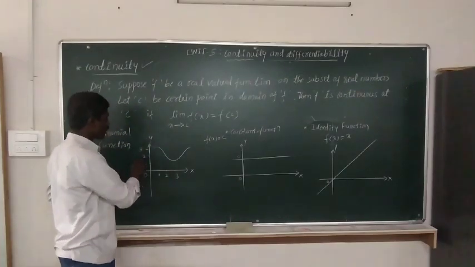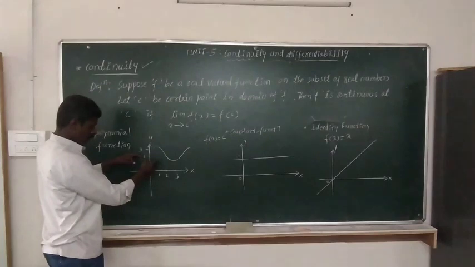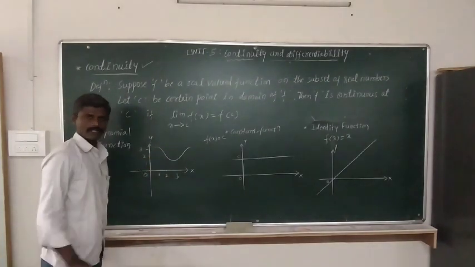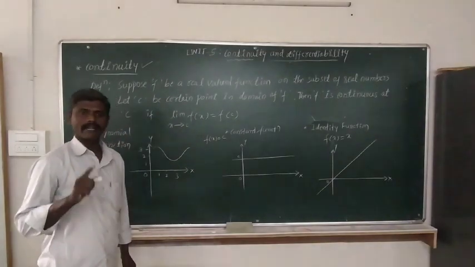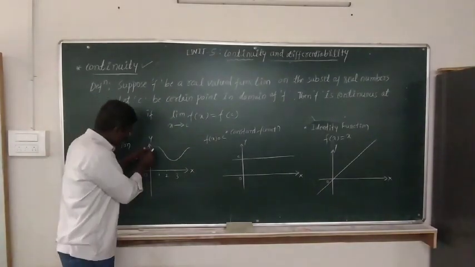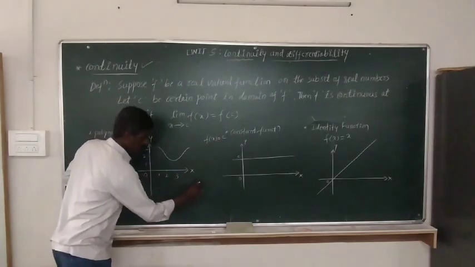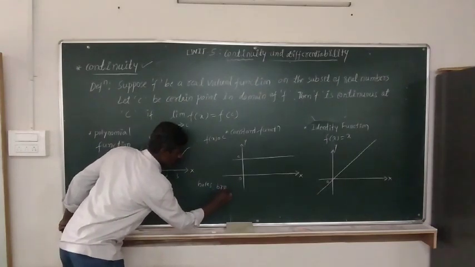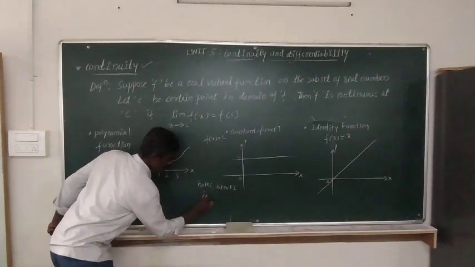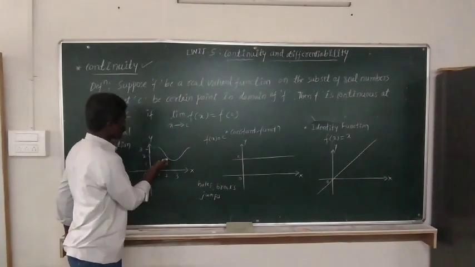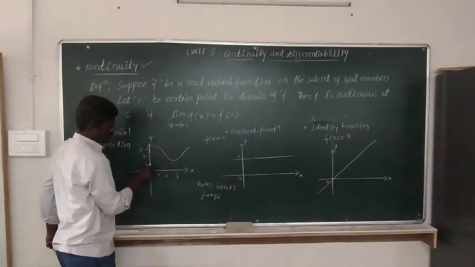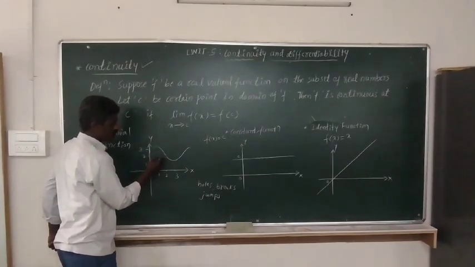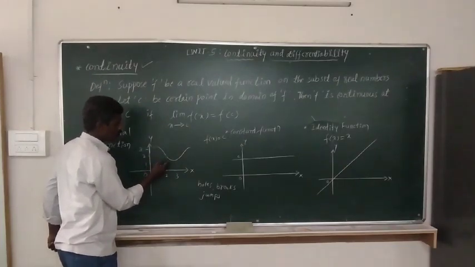The function is a continuous function because we can draw the graph without lifting a pen or pencil. It means in the graph there are no holes, breaks, jumps, etc. See, there are no breakages. If it is like this, it is not continuous because the graph is broken here. Such a graph is not called a continuous graph.